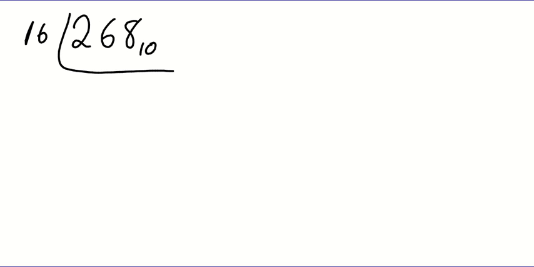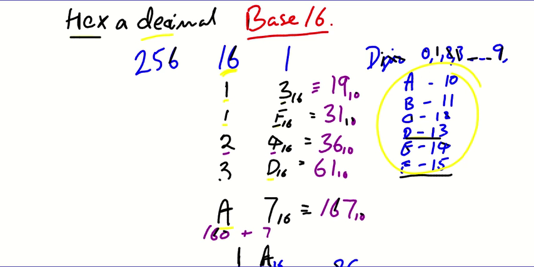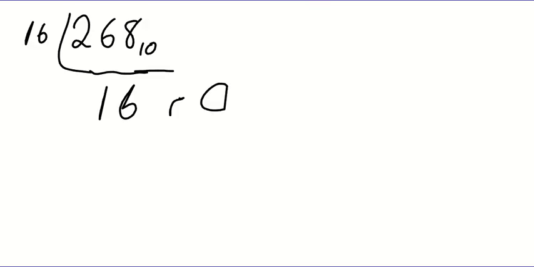So put 16 into this, and we know that 16 goes into 256 16 times. So it's 16 times, remainder 12. Right? Now I know that 12 is the letter C. So if I write C here,